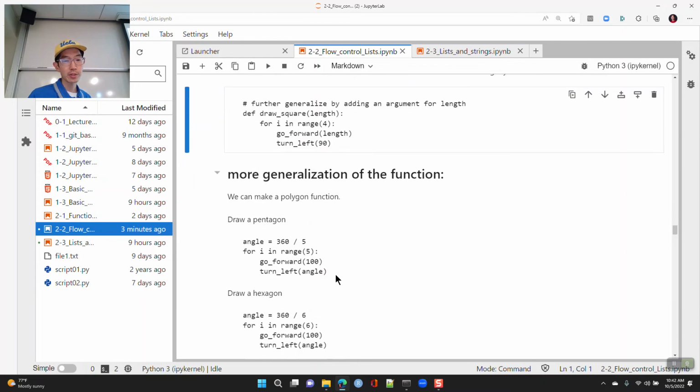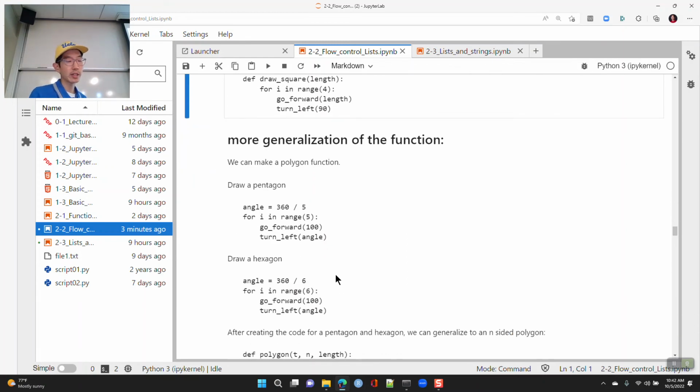So if you wanted to draw, say, a pentagon, how much of an angle do you turn? Basically, if you're drawing a shape, at the end, you're going to end up going around 360 degrees. So if I start here and I want to make 6 turns, each turn is going to be 60 degrees, or if it's 5 turns,